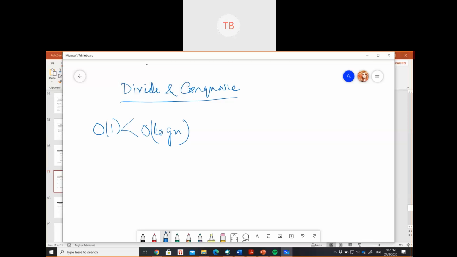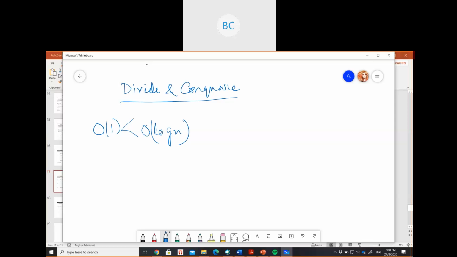Yes, divide and conquer means what? You are not going to go for the whole bunch of inputs. You are just going to divide your work into small parts, then you will proceed. Suppose I have lots of work now. If I try to do all this work at a time, of course, it will take lots of time. So if I divide my work into halves, and do this work in the first half and this work in the second half, then it will be easier for me.